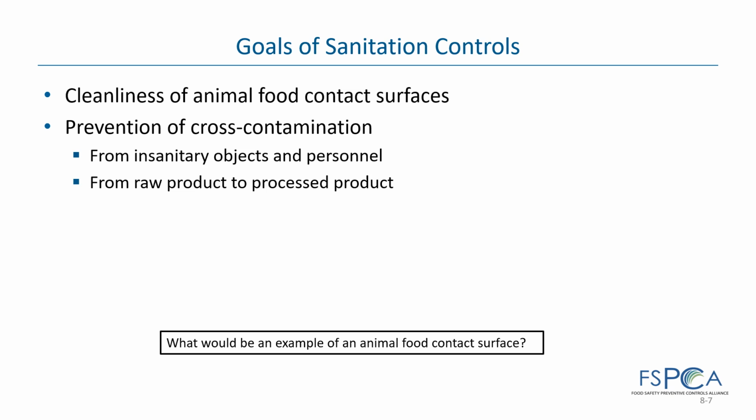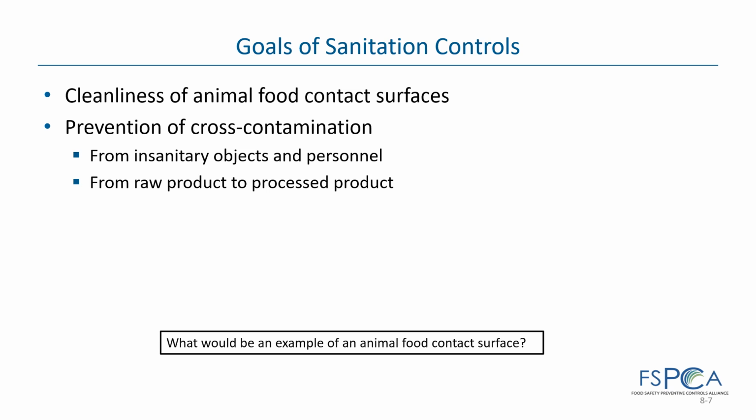So to simplify this, really these are the goals of sanitation controls. Number one, protecting those animal food contact surfaces. Those are absolutely critical. I mean, they are contacting our product, so keeping those clean and sanitized is a critical part of a sanitation control. And then a secondary piece is going to be that prevention of cross-contamination. So that means from things like objects or personnel, or from raw product to processed products. So that's going to be establishing procedures to make sure that we have sanitary conditions and we're not cross-contaminating any